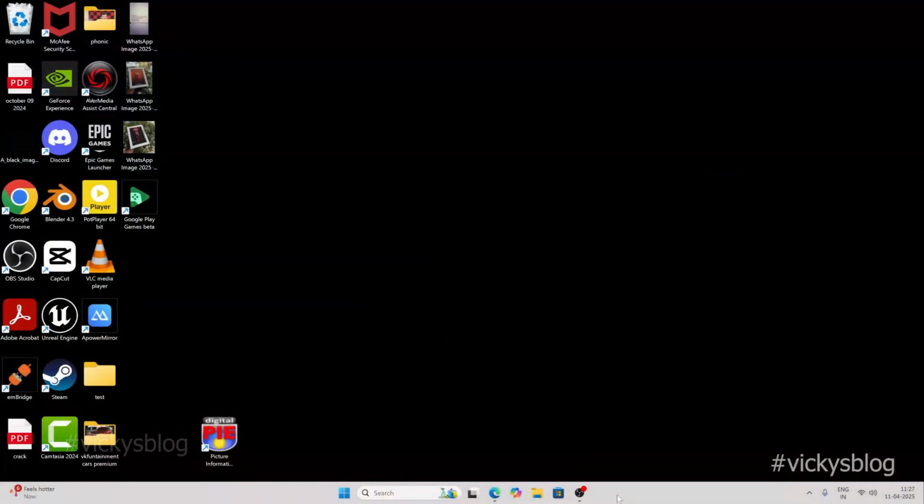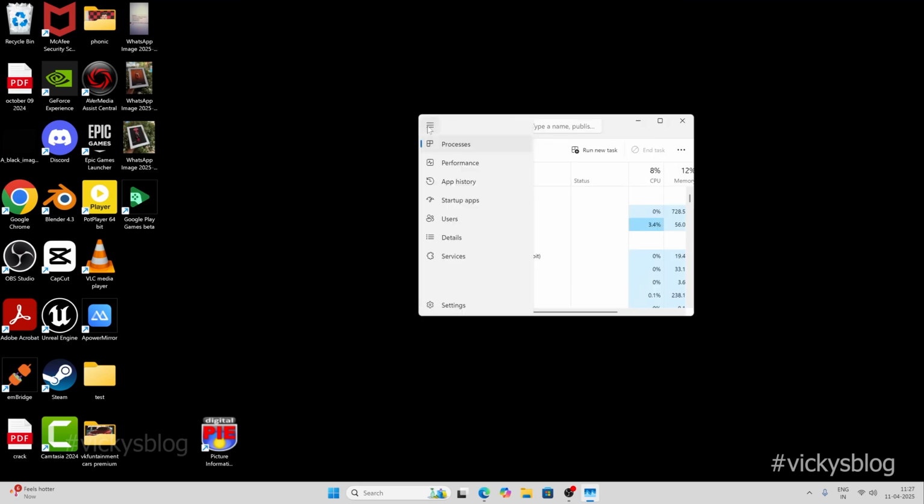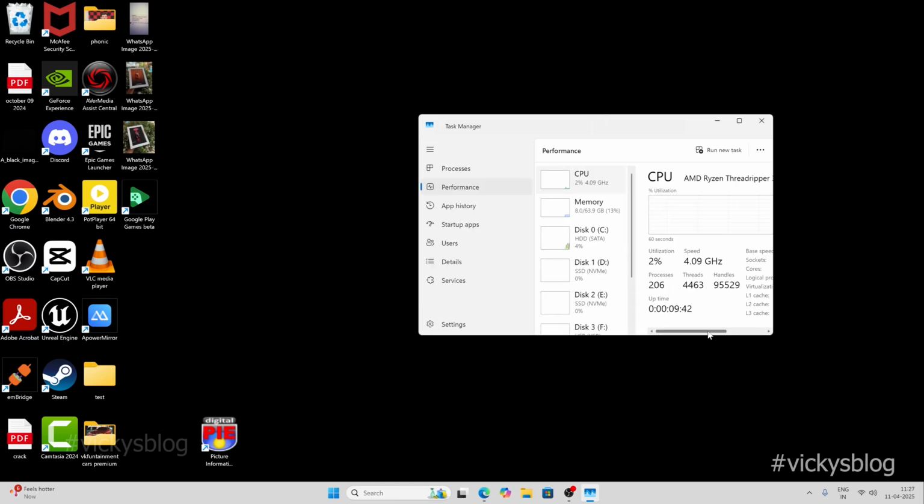After enabling virtualization in the BIOS settings, I'm going to verify in Task Manager. Right click, Task Manager, then click on the hamburger menu, go to Performance and then click on CPU. Now you can see virtualization is enabled. Okay, that's cool. Now I'm going to open the Google Play